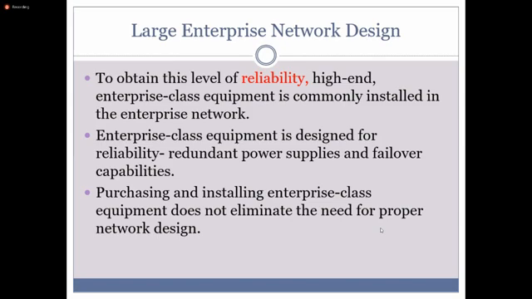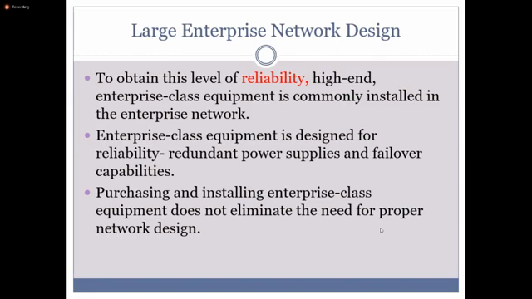When we are talking about reliability, we are talking about high-end enterprise class equipment. So we are not using TP-Link switches or routers. In a classroom or in a house, we can use a TP-Link, but in a huge enterprise, we are not using that kind of devices. So we use Extreme switches, Extreme routers, Cisco, then HP, then Huawei, like that.